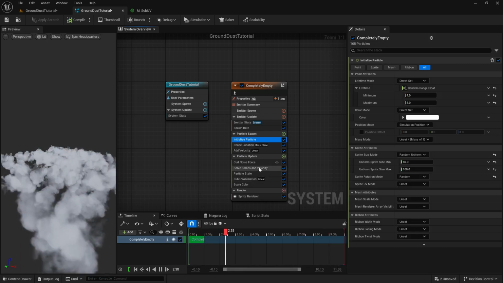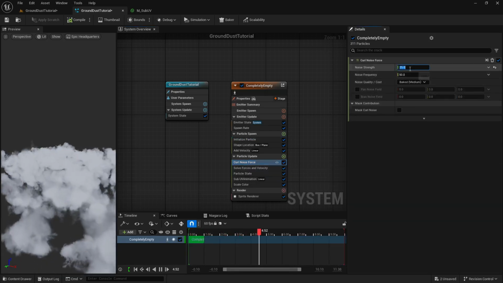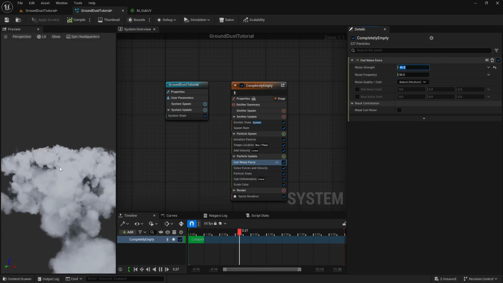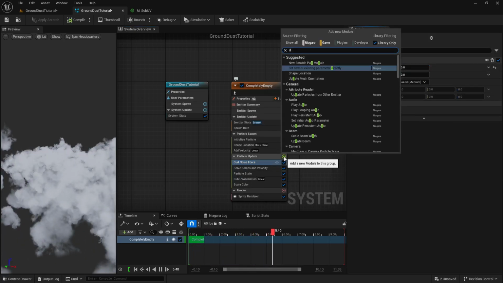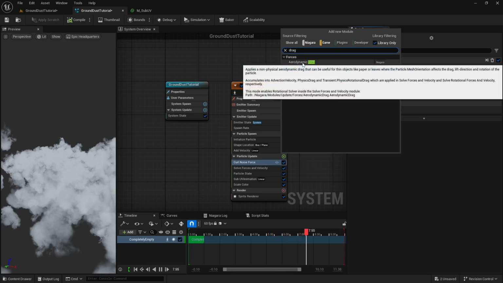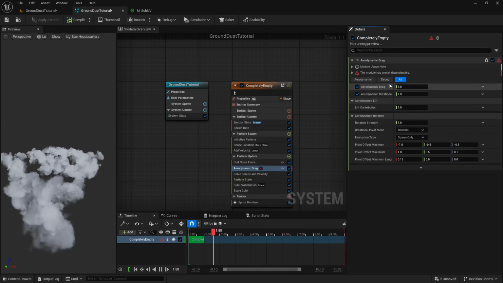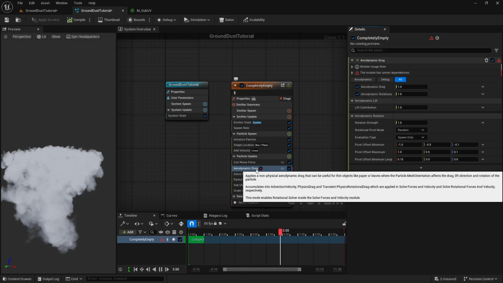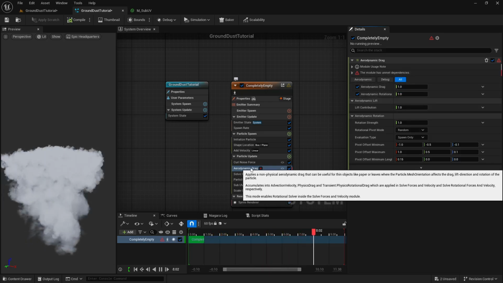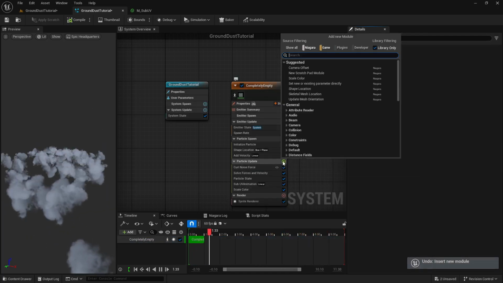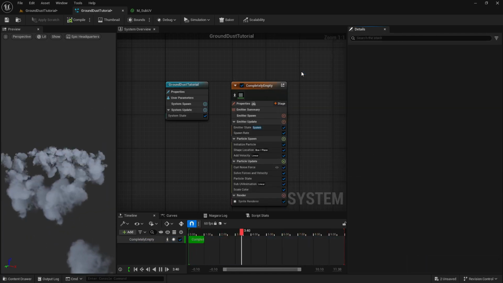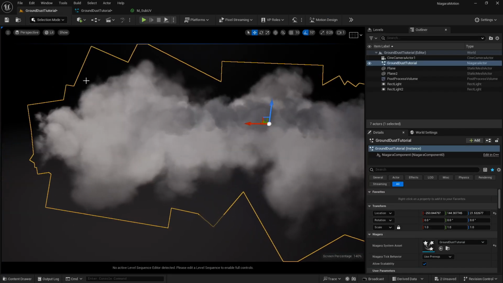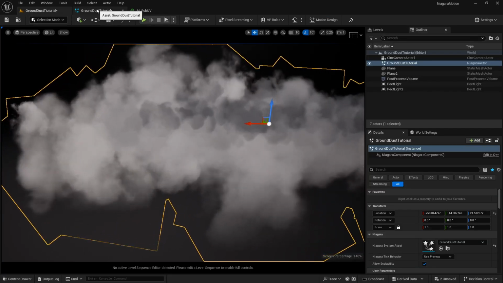Okay, now if I go to curl noise, you can increase this as well to, let's say, 40. Okay, but now they are going really fast. So what I can add, if you remember, I told you we can add a drag. You can add an aerodynamic drag. Okay, but it will give you a warning because it basically needs a GPU. So I am going to just add a normal drag here. And as soon as I do it, you can see we are getting this drag effect here. And if I go here, you can see the result as well.